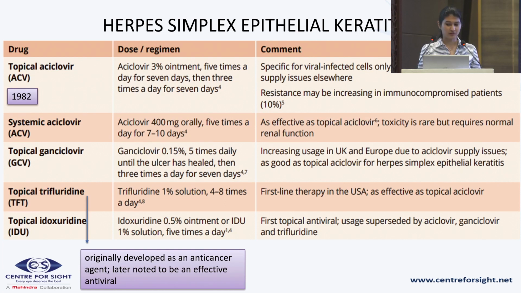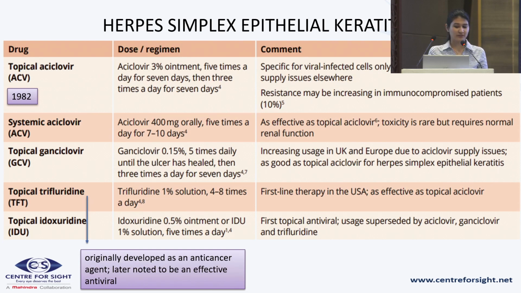However, it was not available in the US, and the resistance may be increasing by 10% in immunocompromised patients as per the literature. Systemic acyclovir in the dose of 400 milligrams orally 5 times a day for 7 to 10 days. It is as effective as topical acyclovir and toxicity is rare, but it includes monitoring normal systemic functions like kidney and liver functions. Topical ganciclovir available as